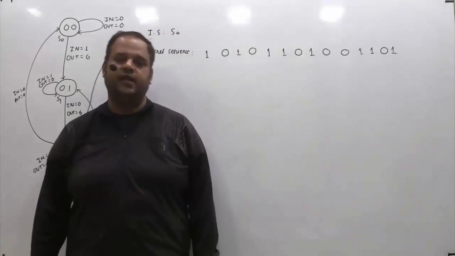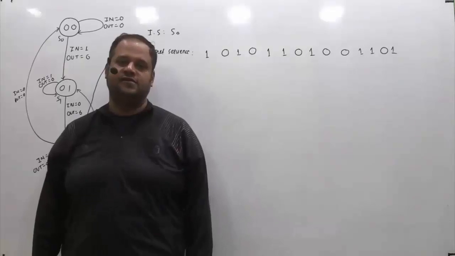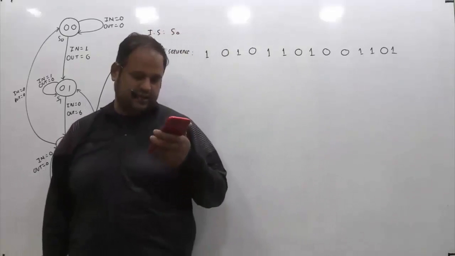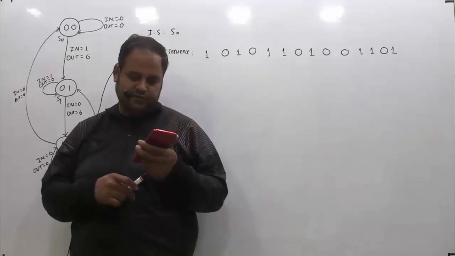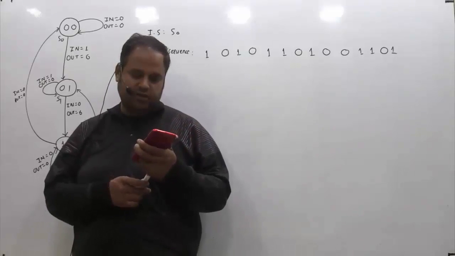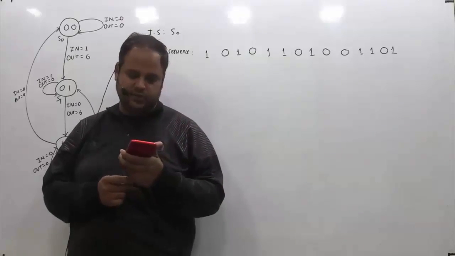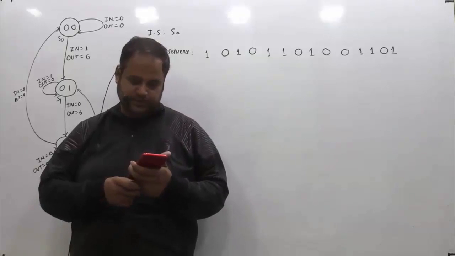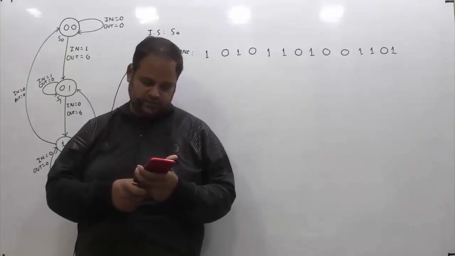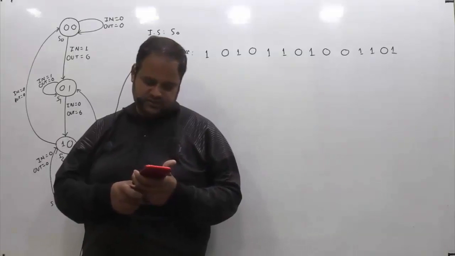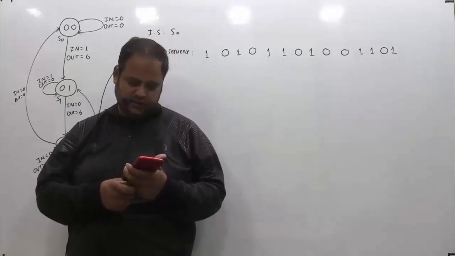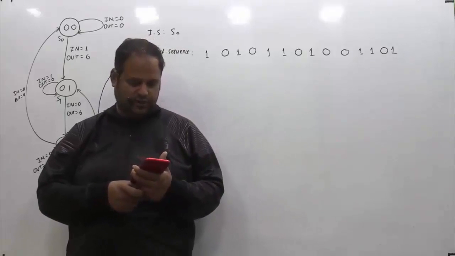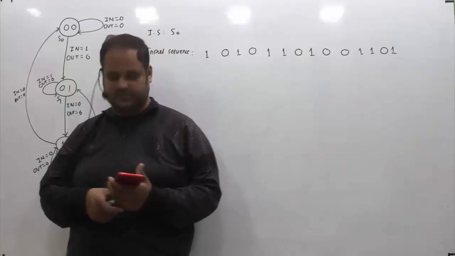This question is asked in GATE 2017 of electronics. This is from digital subjects and from finite state machine concept. The given question is, the state diagram of an FSM designed to detect an overlapping sequence of 3 bits is shown in the figure. The FSM has an input in and output out. The initial state of FSM is S0. If the input sequence is 10 10 11 01 00 11 01 starting with leftmost bit, then the number of times out will be 1 is dash.